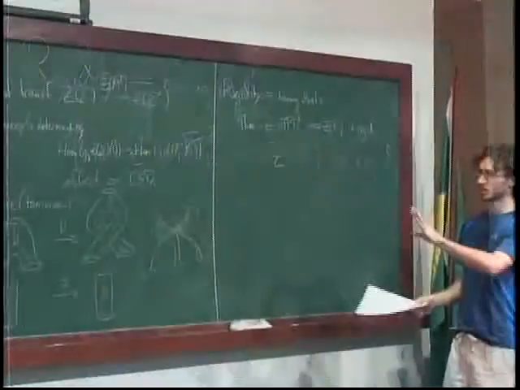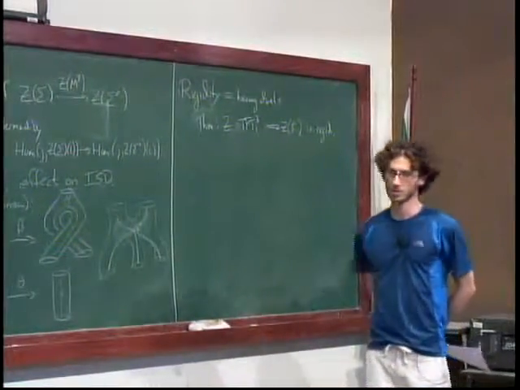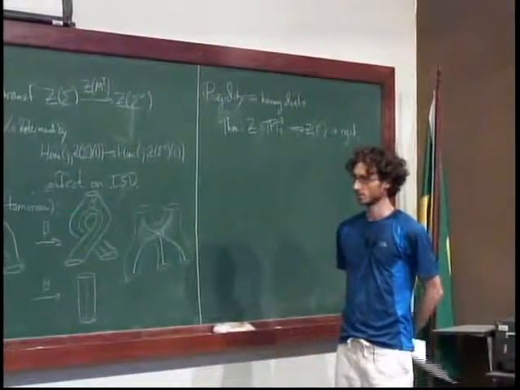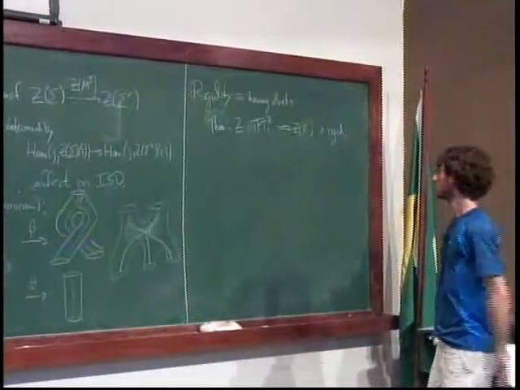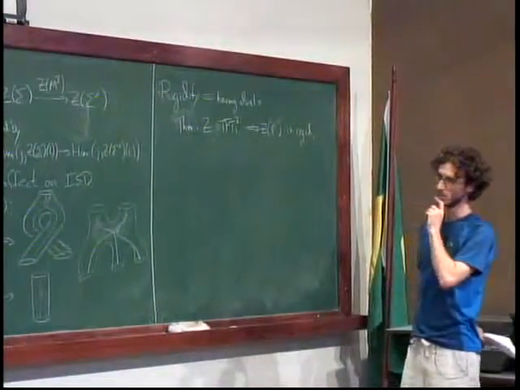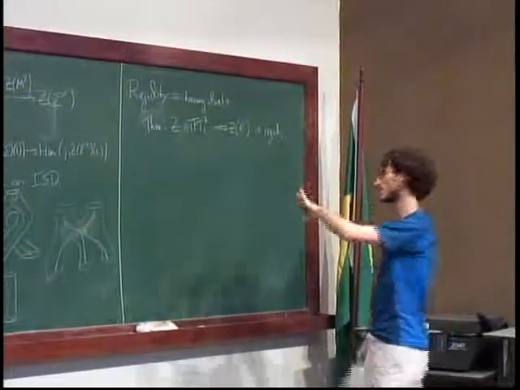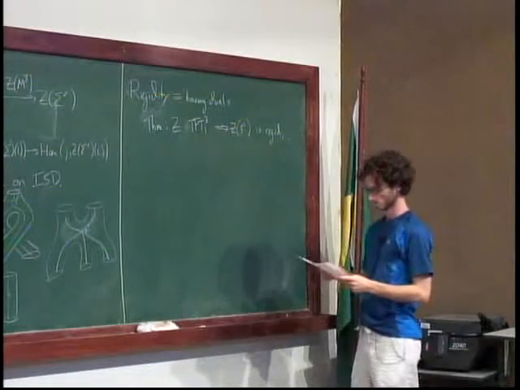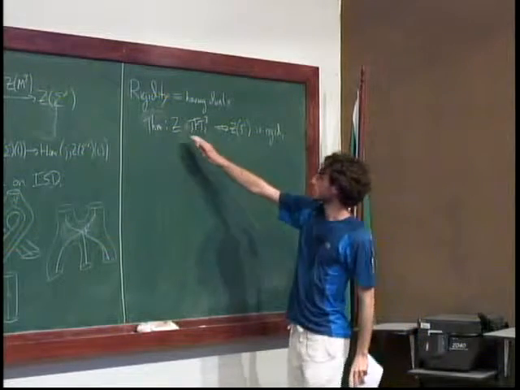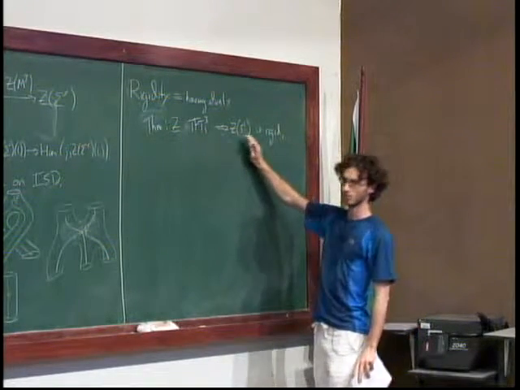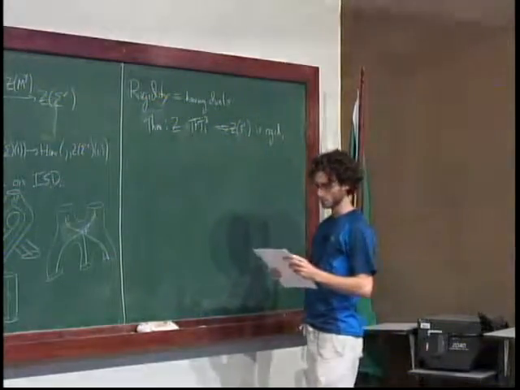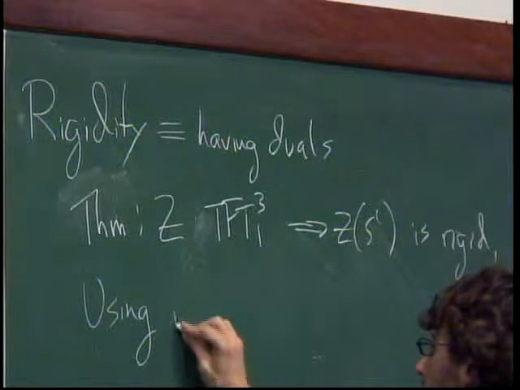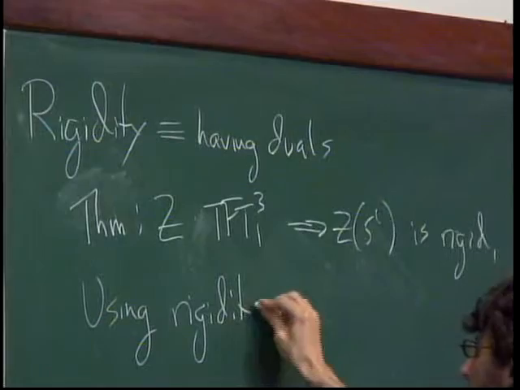Slight aside, most of what Andrei and I are talking about is by now quite classical. It's due to Reshetikhin and Turaev and Drinfeld and Jimbo and lots of other people. This thing happens to be one more recent contribution to the subject, and there's a nice argument for it due to Jamie Vickery and Bruce Bartlett, which I won't actually present. I just wanted to call that out. In any case, that means the category we're talking about really does have duals, which we've seen is a nice property. And so using that property of rigidity, we can now